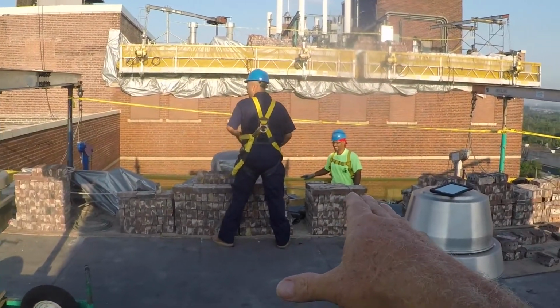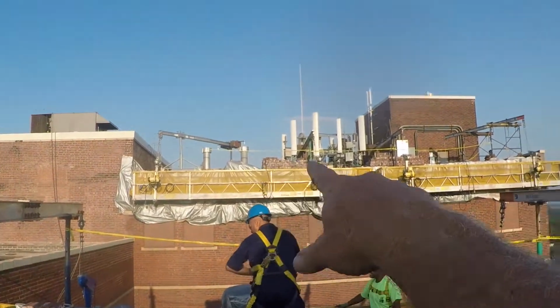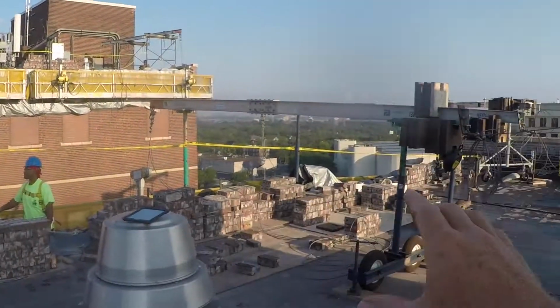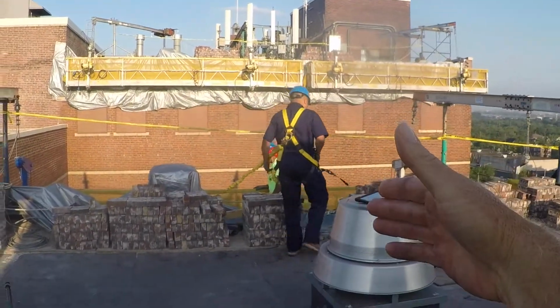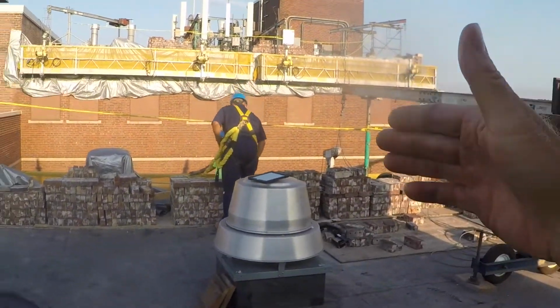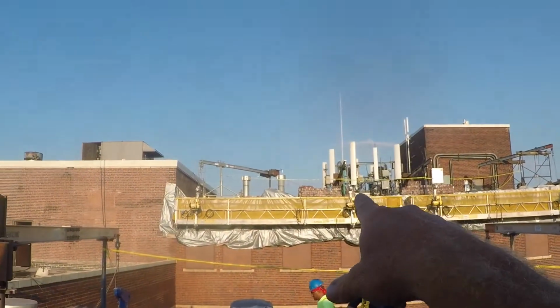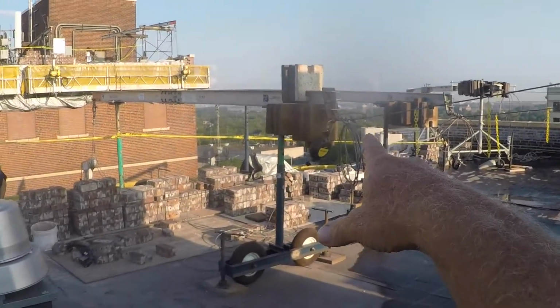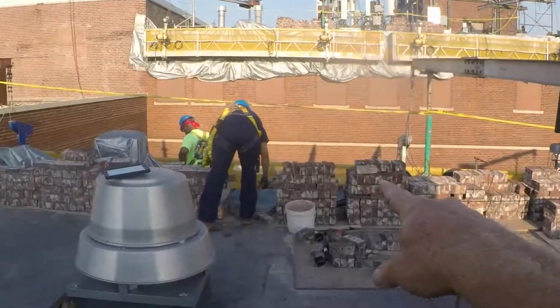And take a look at our gentlemen here. They're trying to get on their boards, on these suspended boards on the outside of the building. And we talked to them this morning about fall arrest. Now we have a relatively new crew here, and we want them to be 100% tied off as they egress onto their boards. So we've set up a series of retractables and horizontal lifelines over here and along the face